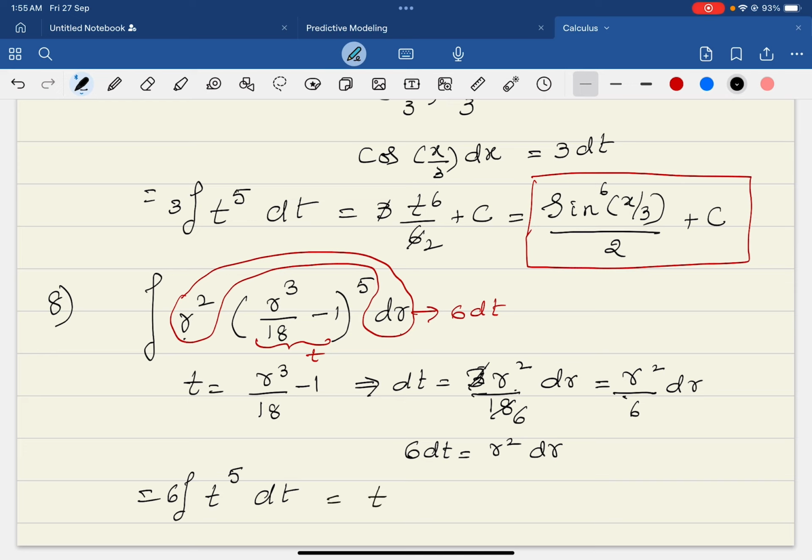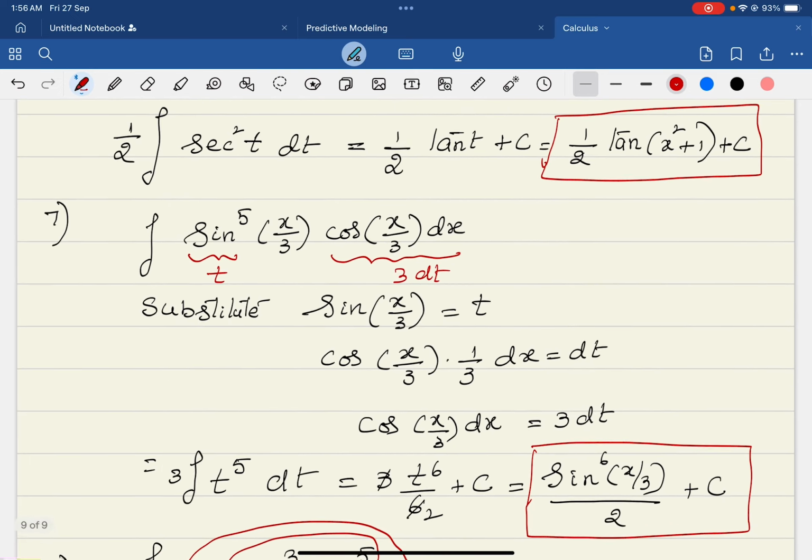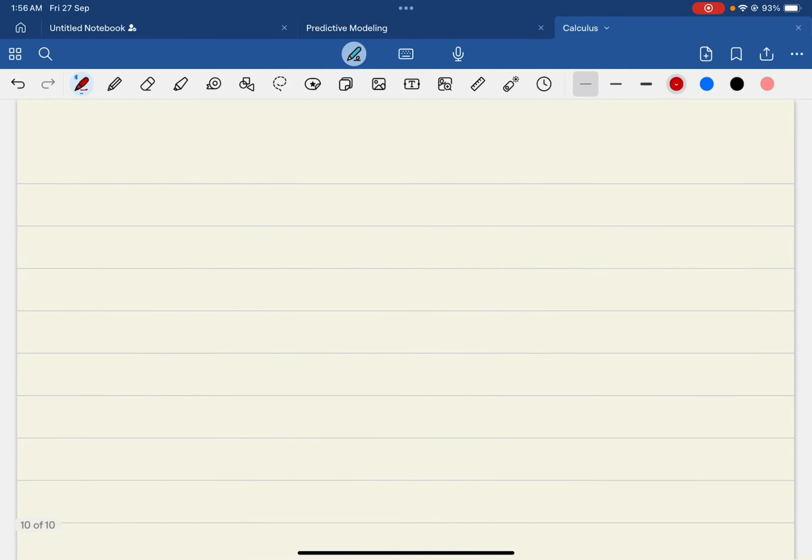So what is the integral of t power 5? It is t power 6 over 6 plus the constant c. So the 6 gets cancelled, leaving t power 6. What is t? R cube over 18 minus 1, the whole power 6, plus c. I hope it's clear. So this is the solution we get: r cube by 18 minus 1, the whole power 6, plus c, is the solution. I hope it's clear to all of you. And then let us now